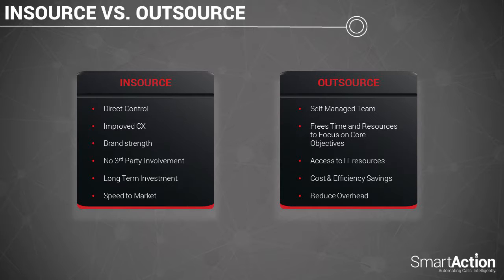And there's two things I'd like to leave you with on this particular page. From my vantage point and from our point of view, insource or outsource, either one can be a good answer for any organization. There are pros and cons to both models. And what I would challenge you to think about is those pros and cons are not the same, meaning depending on the business, the state of your business, the maturity of your processes, et cetera, your pros and cons may be very different